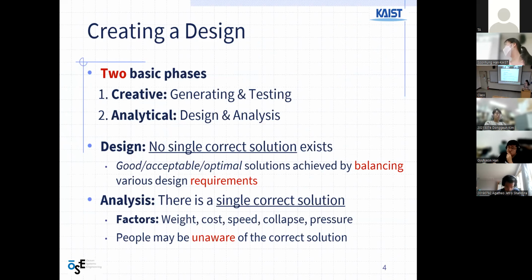And there are basically two main phases that you have to consider when creating a ship design. Initially, we have creative type design, which is composed of generating and testing the model, and also analyzing, which is analytical. It basically talks about how you should design and analyze a given design. And when we talk about design, shipbuilding, and also in general, there is no single correct solution that exists in engineering design. You have to kind of create a model